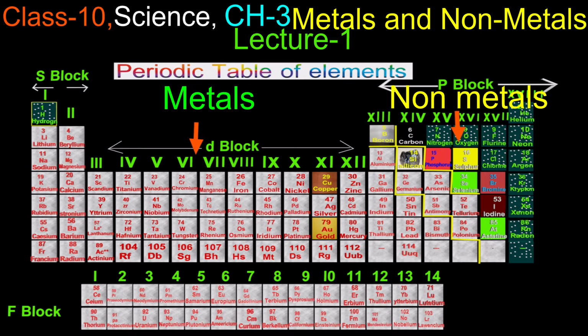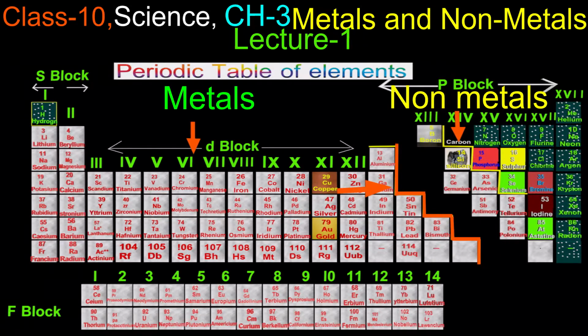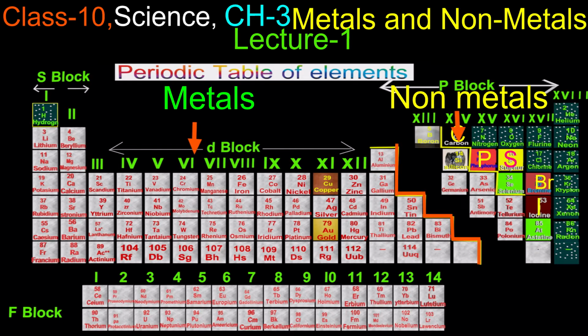Look here on the elements in the periodic table. See here this line. You see here that all the elements on the left hand side of this line look similar to each other, but different than those on the right hand side. Some of these left hand side elements you saw in the first set of elements. These are called metals. In the second set of elements you saw some of the elements on the right hand side in the periodic table. These are called non-metals.